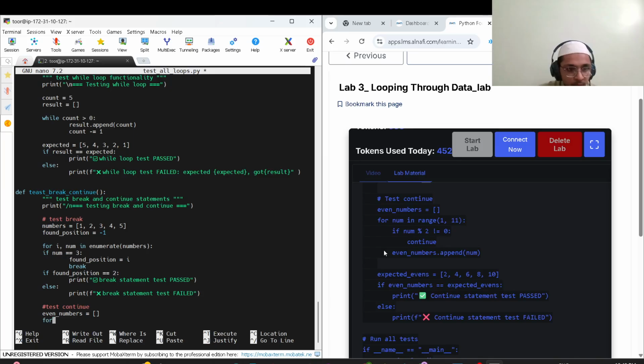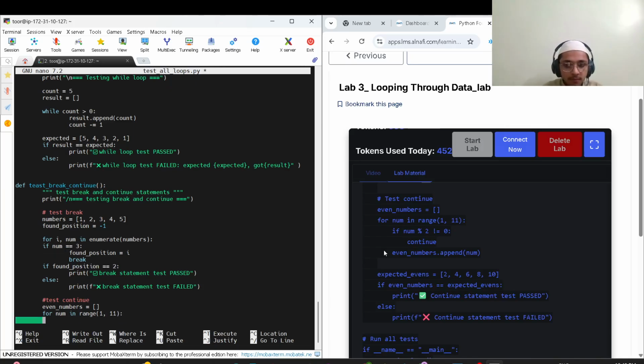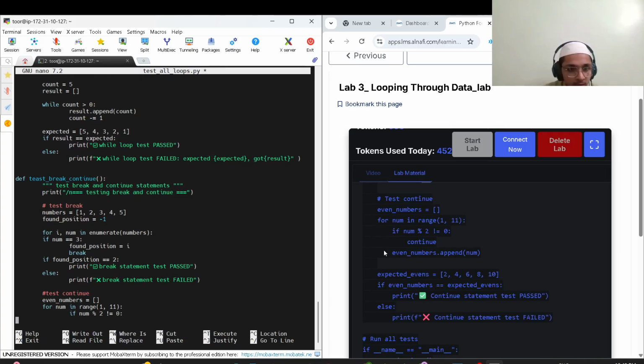For num in range 1 to 11, which means 1 to 10, because it starts with 0, 1, 2, 3, 4. Okay. If num % 2 is not equal to 0, okay, then print then